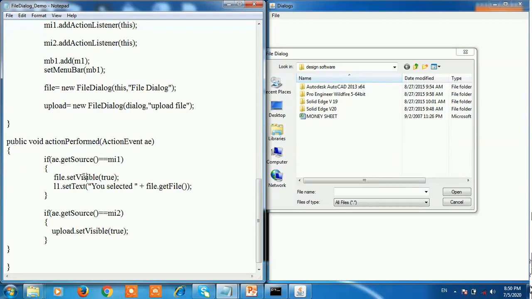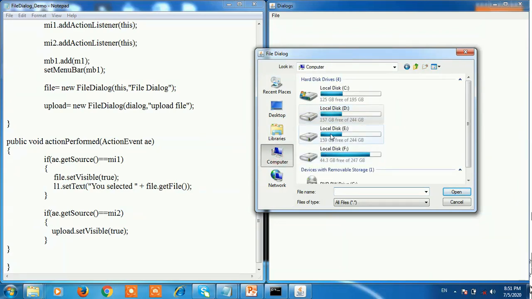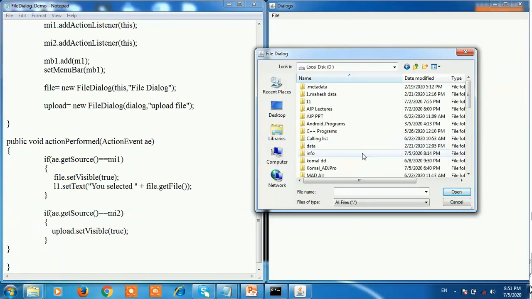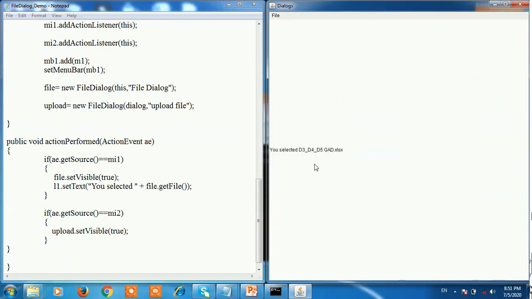Then file.setVisible(true) and setText("You selected" + file.getFile()), meaning here we select any one file. See here, this text is displayed onto the screen.